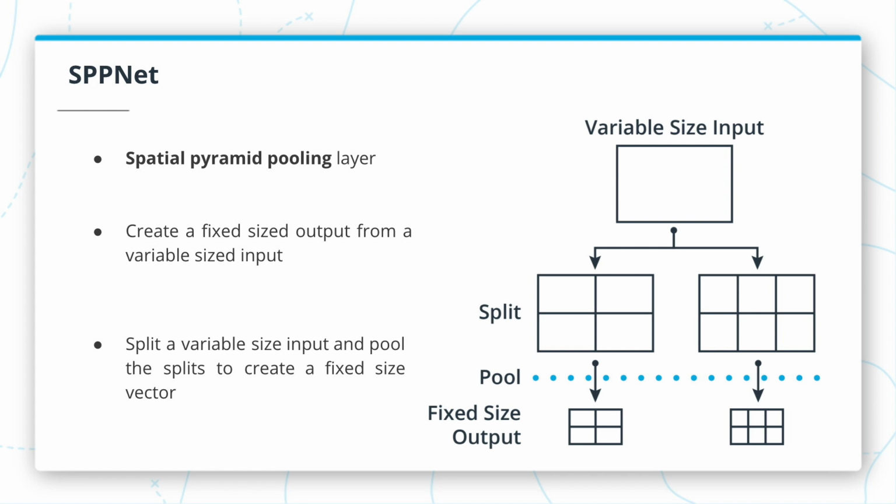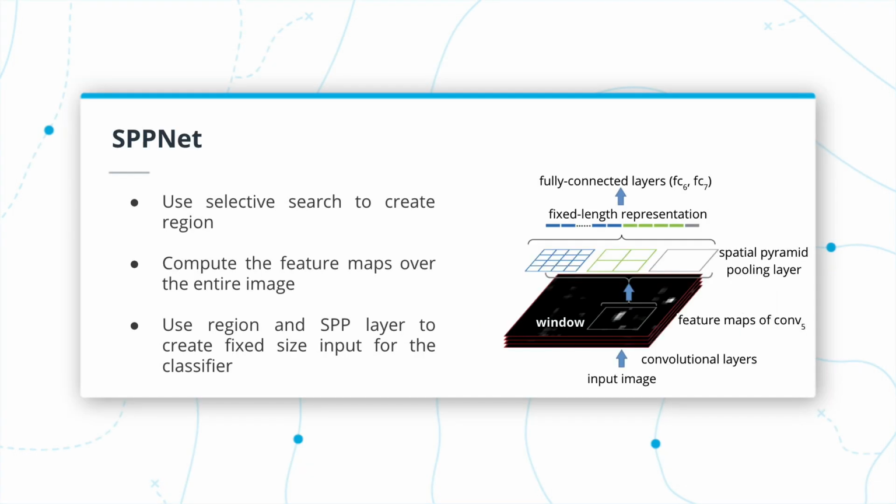Let's see how the SPP layer fits in our object detection algorithm. SPPNet differs from RCNN in the following ways. It starts similarly to the RCNN model by calculating regions using selective search. However, instead of resizing and feeding each one of the regions to the ConvNet, SPPNet uses the full image to feed into the ConvNet. The output of the last convolutional layer is then cropped using each region obtained by the selective search. These regions are then fed into a SPP layer and therefore given a fixed size output vector that can be used by the classifier.